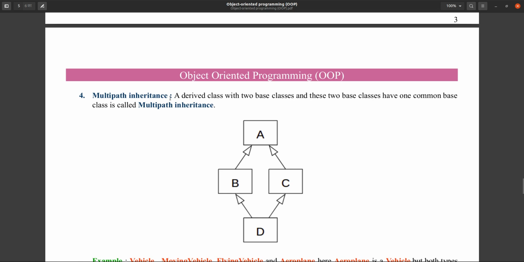Here the definition says a derived class with two base classes. One derived class D is there with two base classes B and C, and B and C have one common base class called A. This is called multipath inheritance.